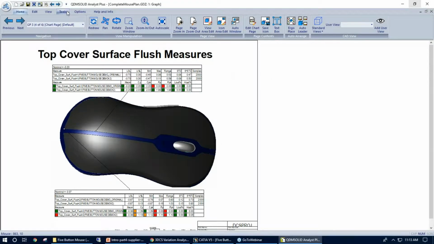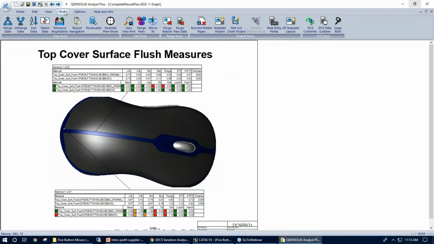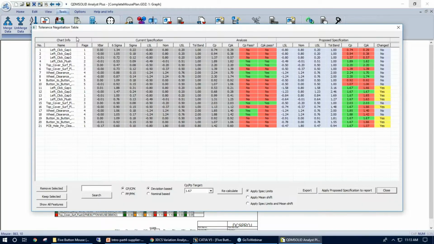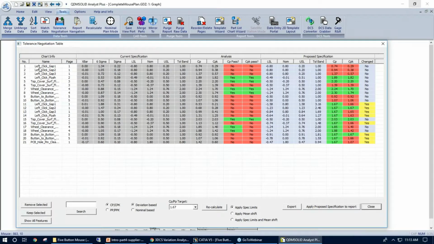Right, so there's a tool within QDM 3D Analyst here that is our tolerance negotiation tool. It's a rather new tool, so even if you're a QDM user, it may be new to you as well. What this table is going to do is identify the name of the point, the page. The first few boxes here are current specifications. So these are the results from the model,